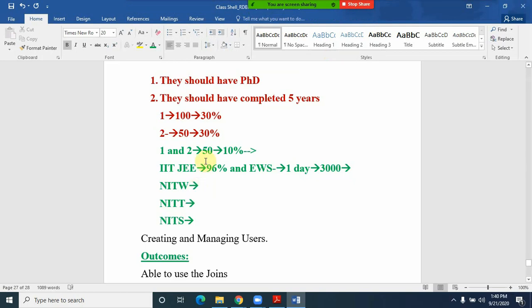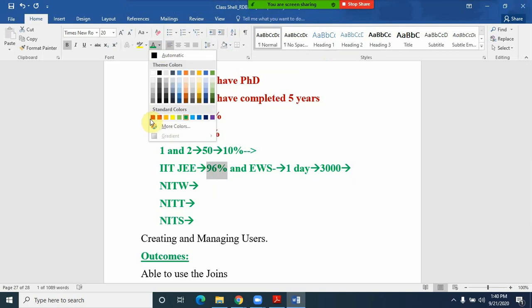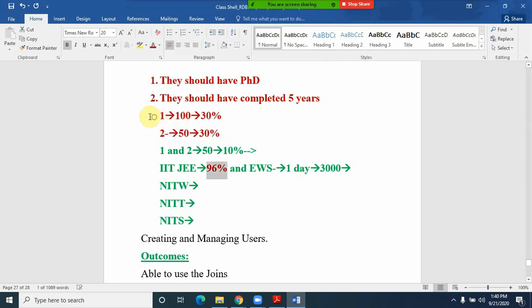So the members who got this much percentile, along with the category of economically weaker section.